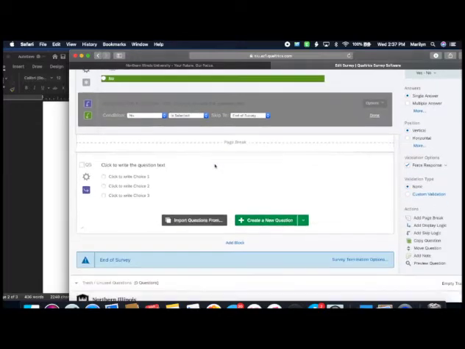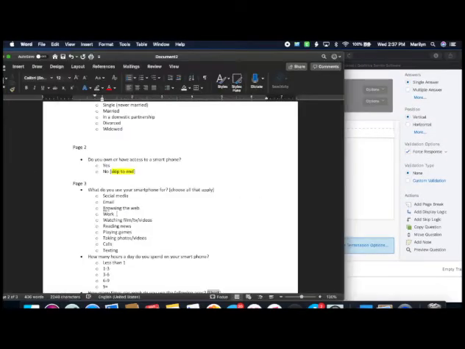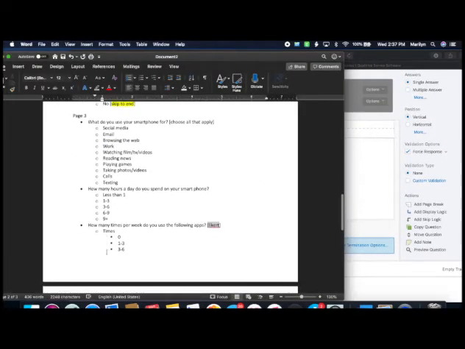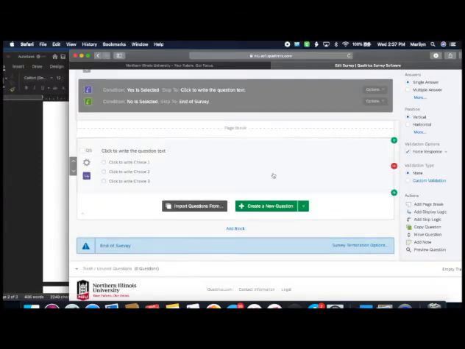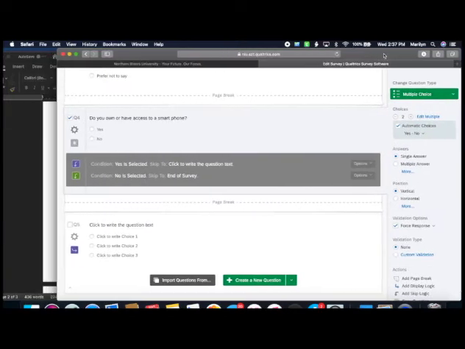Okay, because I'm not going to make them answer all the rest of the questions that have to do with using their smartphone if they don't have one or don't have access to one that they use. Okay, that makes sense. So that's my skip logic, right? And I will show you this in action once we get a few more of the questions